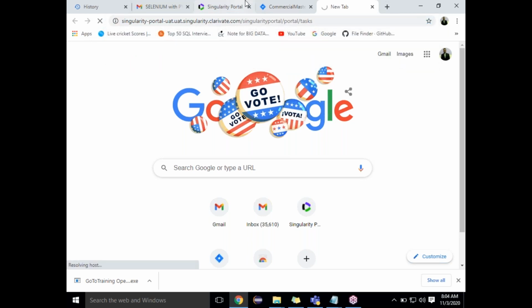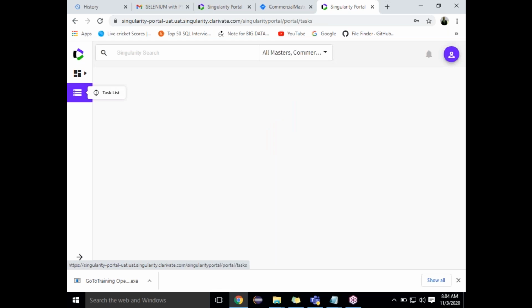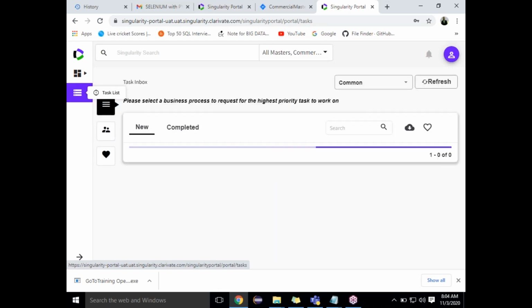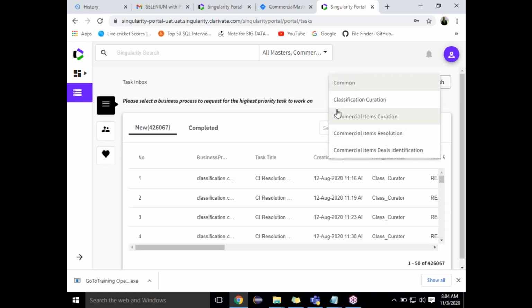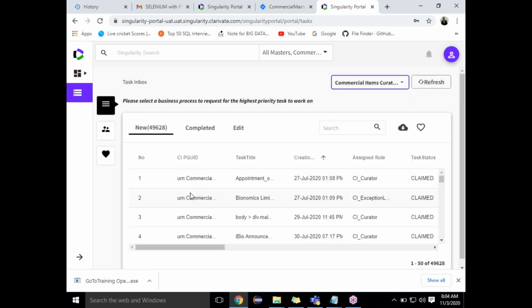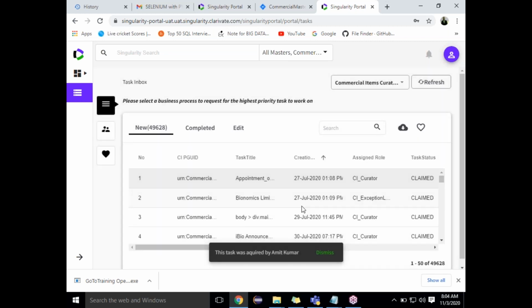See, I have changed the URL. You can acquire any task. In the UAT environment, it will be like hundreds of users. It is user acceptance testing. The testing will be done by all the business people, all the people from the client, and alpha and beta testing will happen over here. See, I will just acquire Samta. You can see.